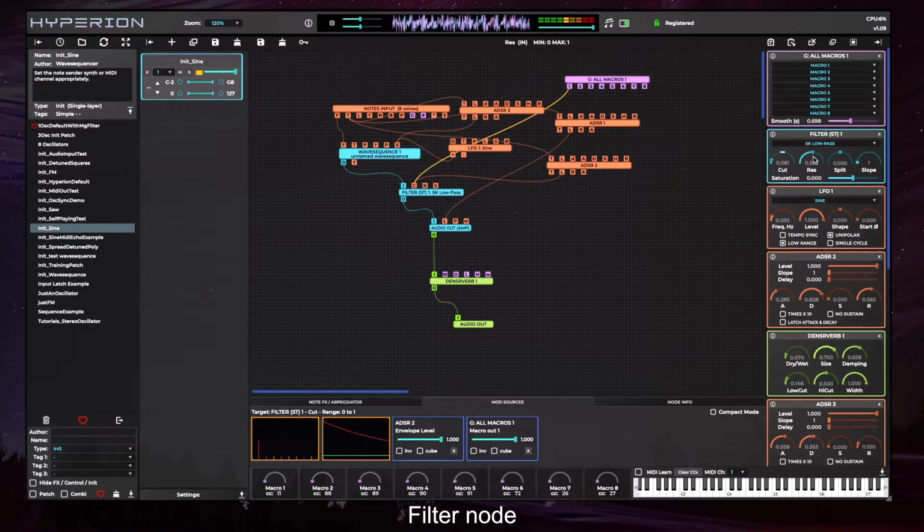We've also got a Salon key low pass, a high pass filter, band pass,